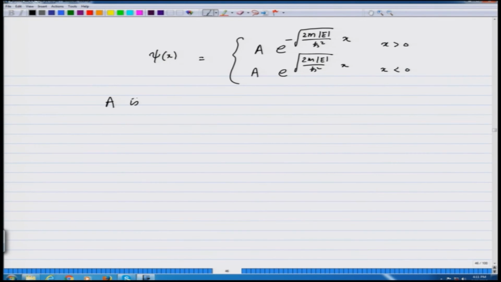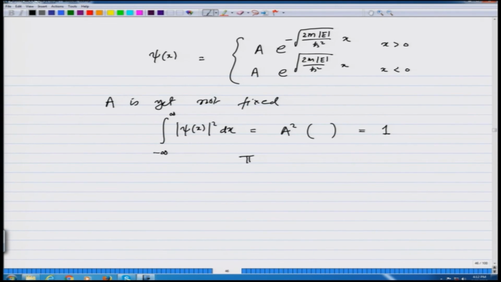A is not yet fixed. If you want to fix it, we will take psi x square, integrate it from minus infinity to infinity, which will give me some a square times some constant, and fix it equal to 1,